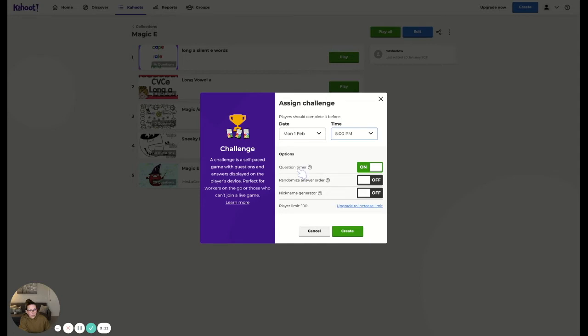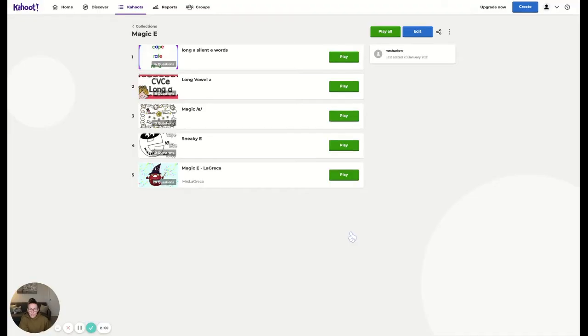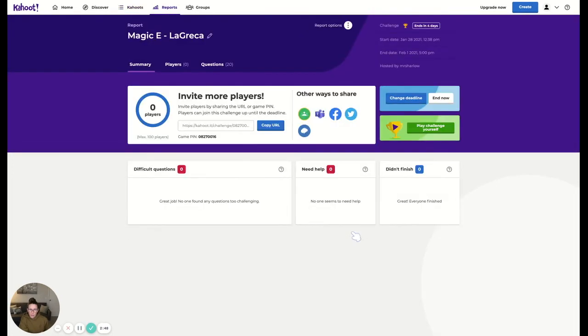It's up to you whether or not you want a question timer. I personally, as a student, had a lot of anxiety when I saw the timer, so I turn it off. You can randomize the order or a nickname generator, and really you don't have to do anything else. That's all your preference. So you're going to click create, and this is where it's awesome, because this URL right